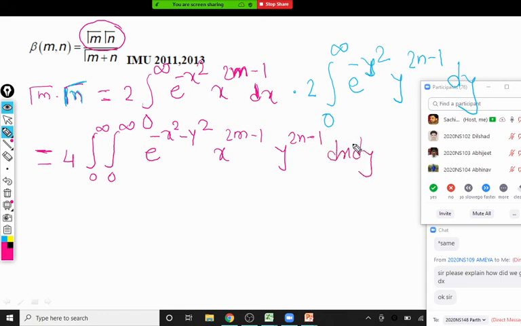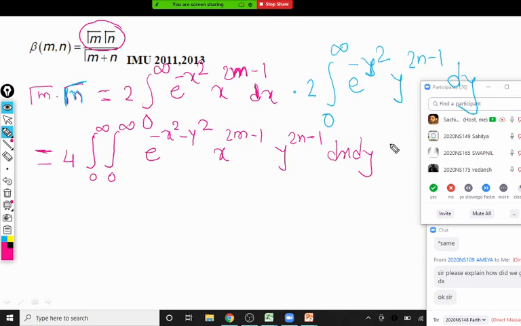So this gamma m into gamma n becomes a double integration now. And the last thing left here is again that important thing you should know. How to evaluate this double integral? Polar form. Very good. As the exponential power is x square plus y square, and taking minus common, it indicates minus r square, so we should move to the polar form. So what is the region of integration? Tell me.